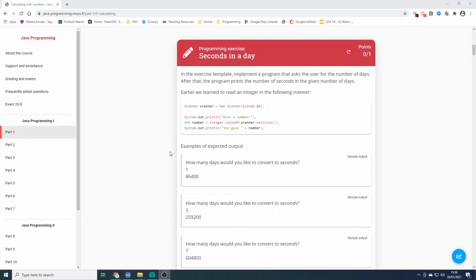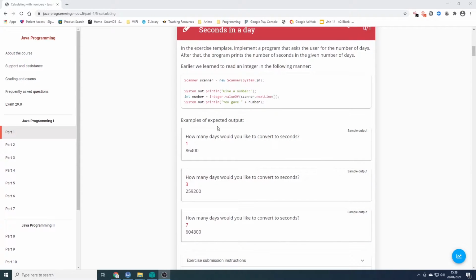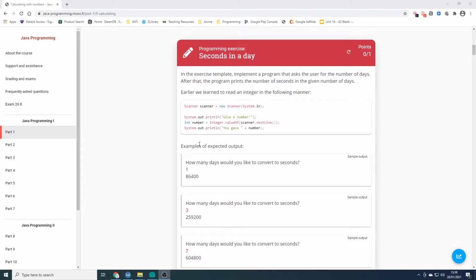In the exercise template, implement a program that asks the user for the number of days. After that, the program prints the number of seconds in the given number of days. Earlier we learned to read an integer in the following manner. Examples of expected output. Okay, so let's go to